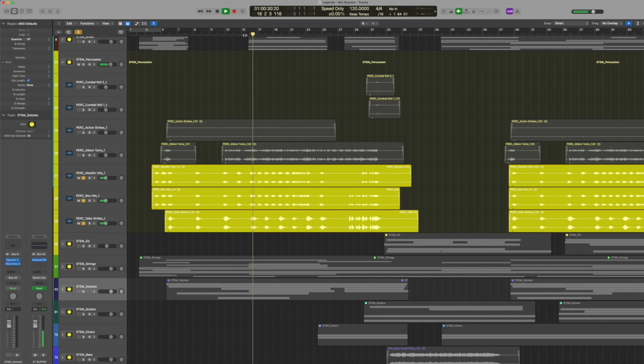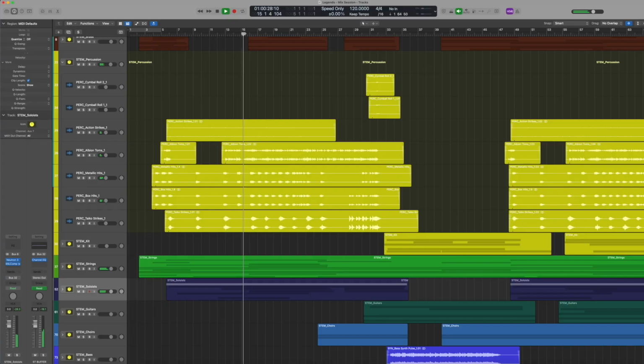The final layer I added on top was some metallic hits. If you think about classic cinematic sci-fi like Terminator, those big anvils, they're very punchy, and they're punchy because they've got a lot of top end that cuts through the mix along with the low hits. This really adds the magic and solidifies everything together. This way, when we throw everything together,